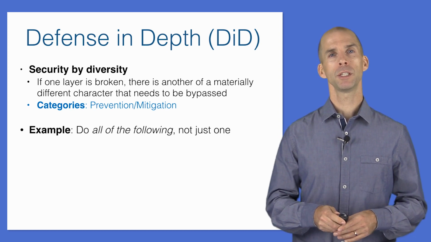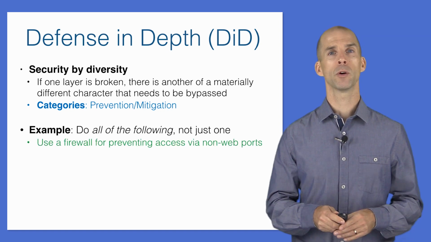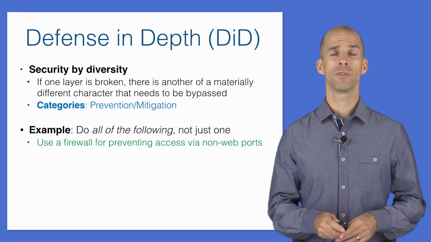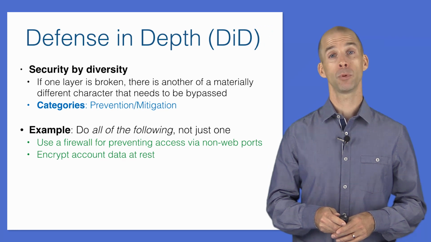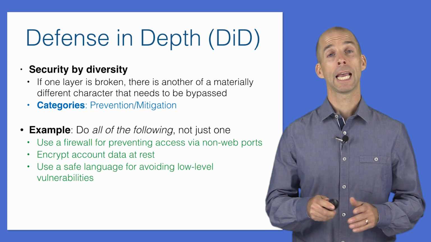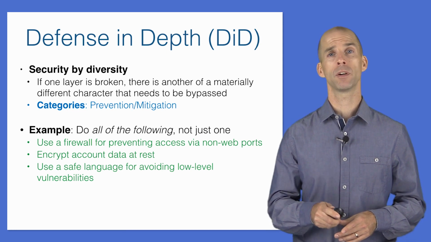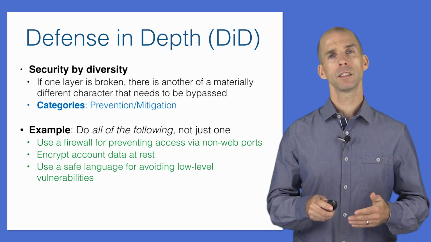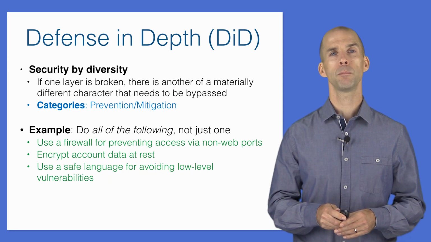An example application of defense in depth would be to do all of the following. Use a firewall to prevent access to all network ports other than that of the outward-facing web server. Encrypt all sensitive data, like employee records, when stored at rest, for example on the hard drive. And use a type-safe language to write the web server to prevent various classes of attack, like buffer overruns. A less diverse defense might rely on one of these, but not all of them, and then be vulnerable if